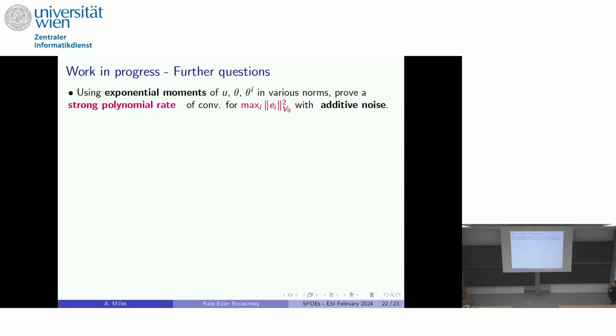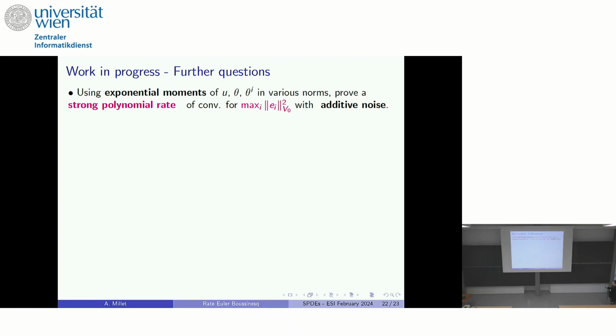And in the last 2 minutes, let me just present some further work in progress. The first item I prefer not to present today because it still has to be double-checked and polished, but we know, I think, that using exponential moments of various norms of velocity and temperature, we can prove a strong polynomial rate of convergence. That means that the expected value of the supremum of the square of the L2 norm is going to be upper bounded by some power of the